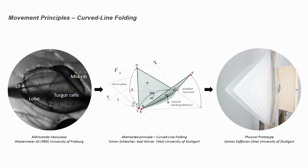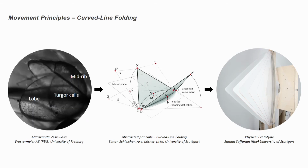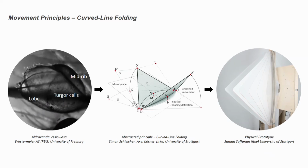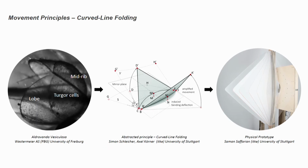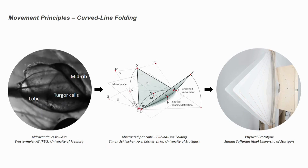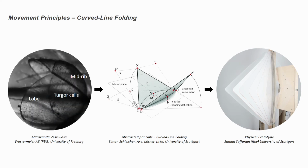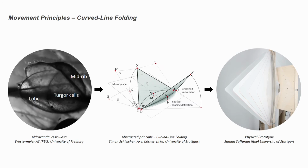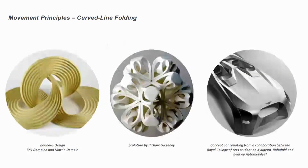genetically very closely related to the Venus flytrap, but the movement is based on completely different behaviors. While the Venus flytrap has this snap-through buckling effect, in this example, the whole motion is triggered by bending this midrib, and then the adjacent lobes close. So if we have a closer look, that we can see that there's a zone which is very thin and similar to a fold line, to a curved fold line, so which led us